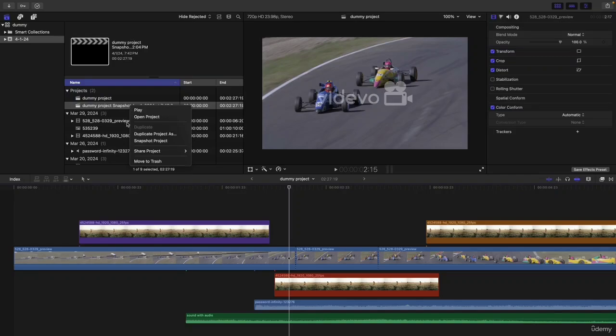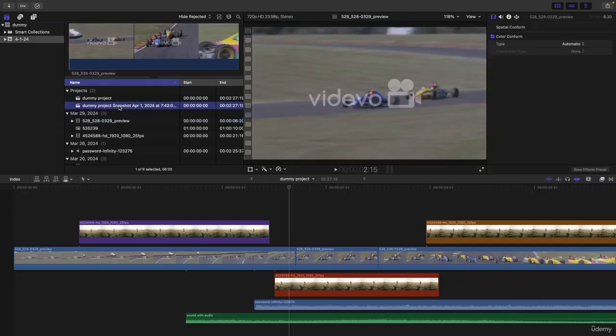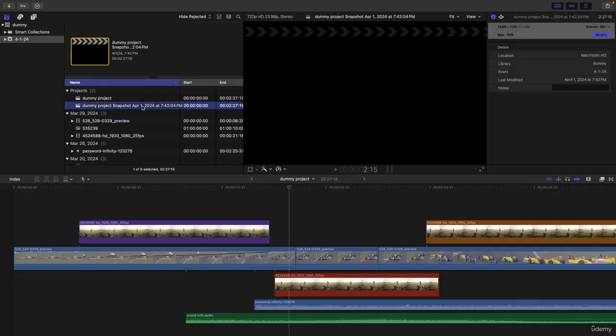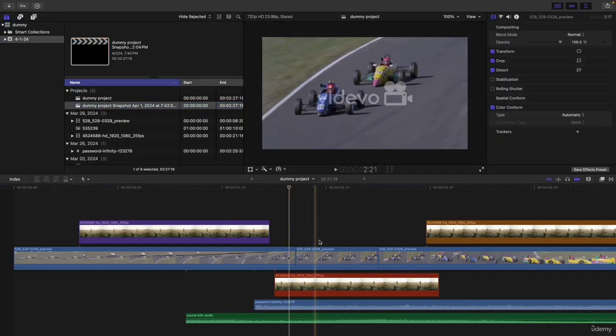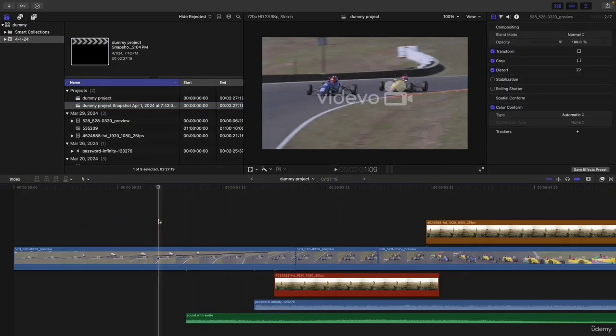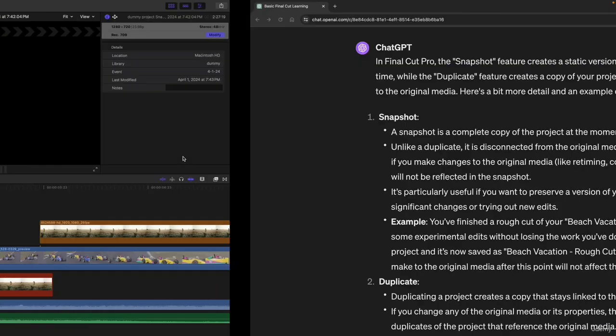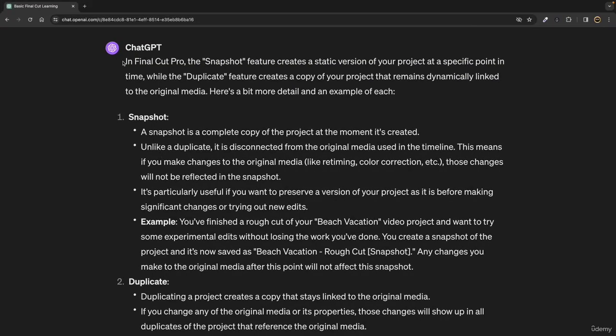So this is what we have about the snapshot project over here. It will just be safe at this particular time, and let's say you try to do some things, you can try to remove some stuff and so on, but this project will be 100% safe, so you can come to this project at any particular time, and this is what we have just explained